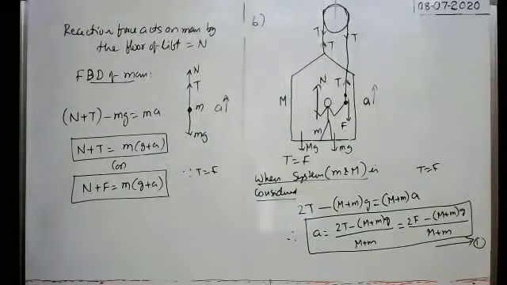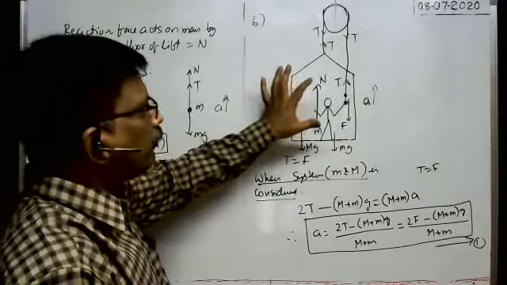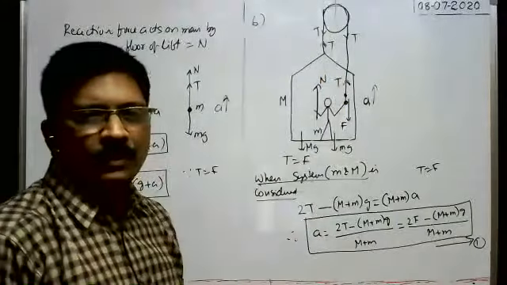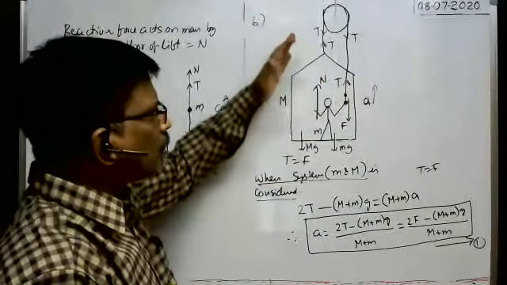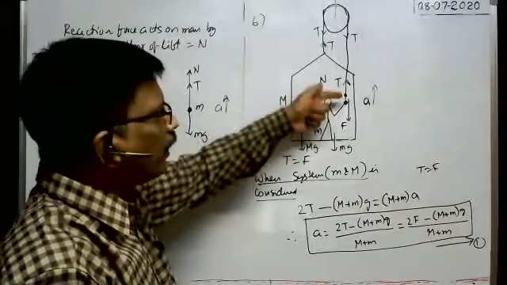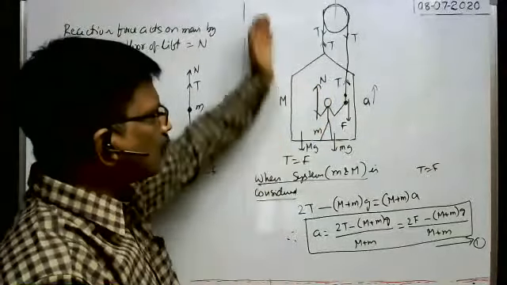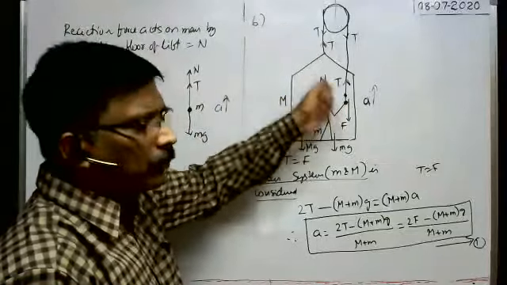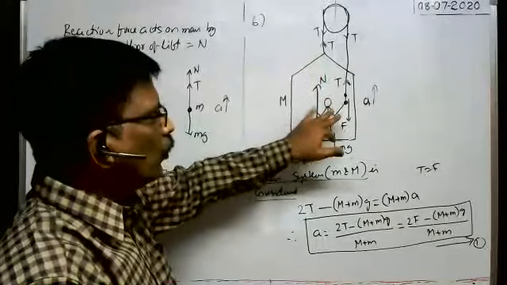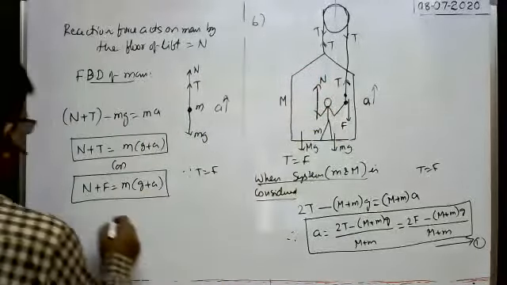Next, to hold the lift by the man, what is the minimum force with which the rope is to be pulled? The rope should not move upwards or downwards here. To hold it here only, what minimum force must be applied? To move with some acceleration, we have to apply more force. To hold the lift here without moving upwards or downwards, what is the minimum force required?